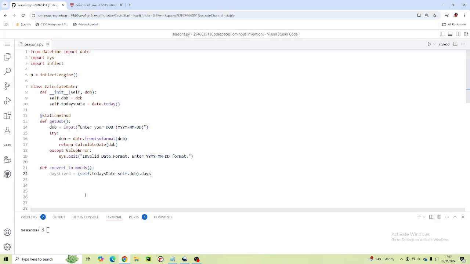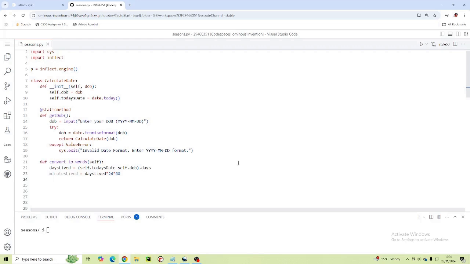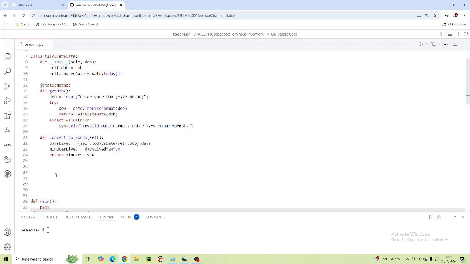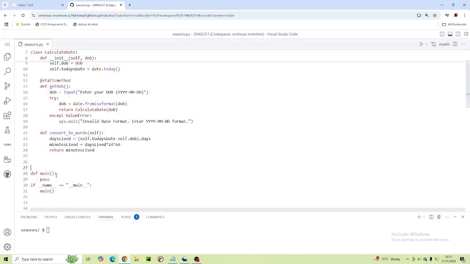So now that we have our days lived, let's convert them to minutes. So minutes lived is going to be assigned to days lived multiplied by 24 hours a day, multiplied by 60 minutes. Okay, let's just test this. So I'm going to return minutes lived. Now down in our main,